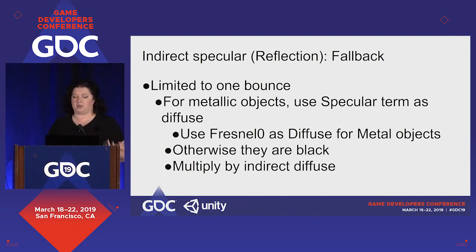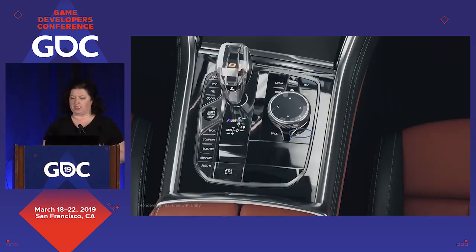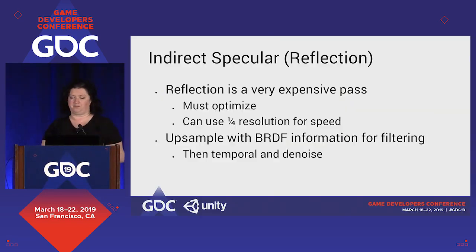And how did we approach it in rasterization? For metallic objects, we can use the specular term as diffuse, right? So we basically use Fresnel 0 in our implementation as essentially diffuse for metal objects. For second bounces, we fall back to Fresnel 0, right? Which gives you the color of the object. And if you don't, you actually will over-darken the object. It gives you black. And this is the example, maybe hard to see, but that knob that you see on the panel is the example of bringing in that tint for the metallic object to blend appropriate darkening.